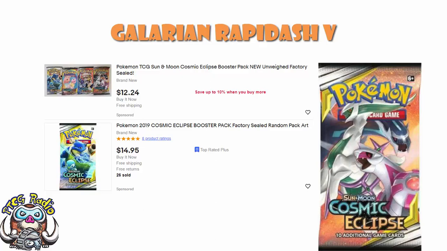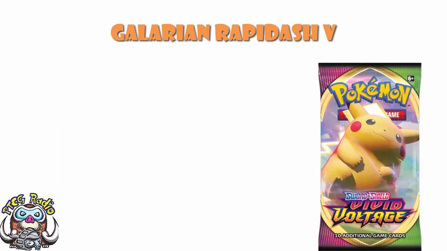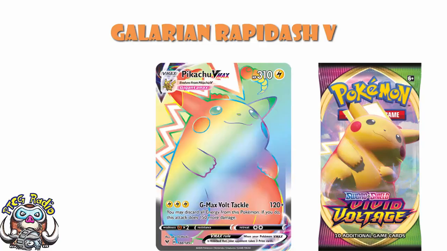This is awesome. Now, as for the two Vivid Voltage, that's fine. Vivid Voltage, it's not a great set. It's a bit above probably Darkness Ablaze and Rebel Clash, but not very much. Essentially, with Vivid Voltage, you are looking for Rainbow Pika. But it's always going to be the set that's got Rainbow Pika, and therefore it's always going to be a more sought after set in the future because you've got the chance of getting Rainbow Pika. Okay, fine, it might be a very low chance, but the fact that it's got Rainbow Pika in is pretty